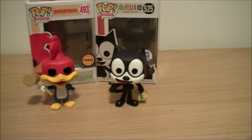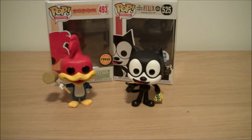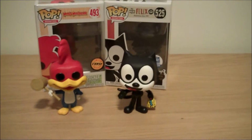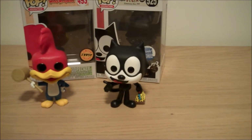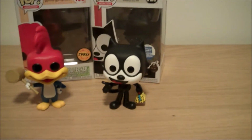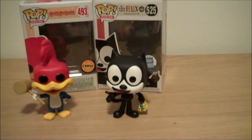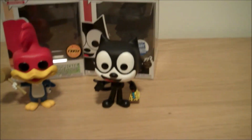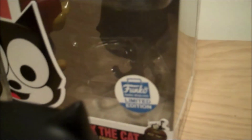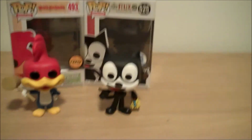The next character, while he wasn't animated right when he was incepted, he was around before Mickey Mouse, and this is the great Felix the Cat. I've watched a few episodes of the cartoon. I didn't watch The Outrageous Adventures of Felix the Cat, which was an animated series that came out in the late 90s, early 2000s, but this was a Funko limited edition specific because I love the song, and the lyrics are,